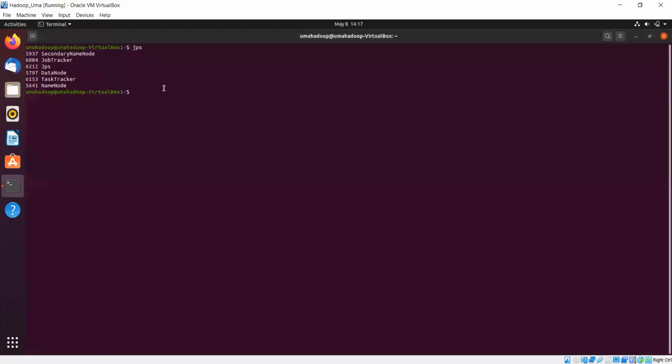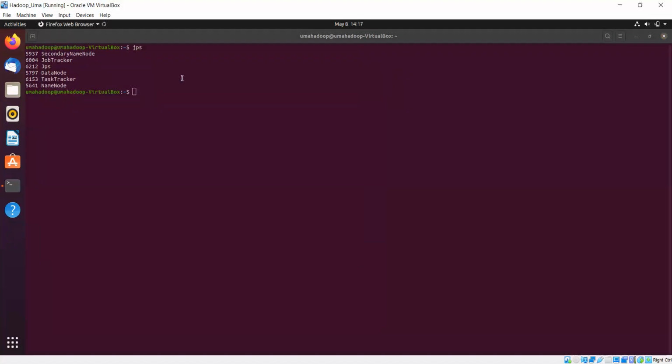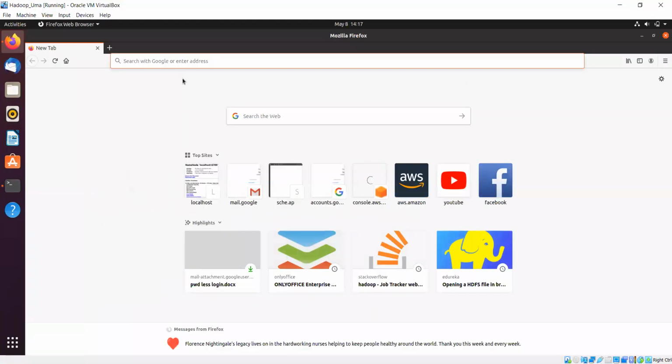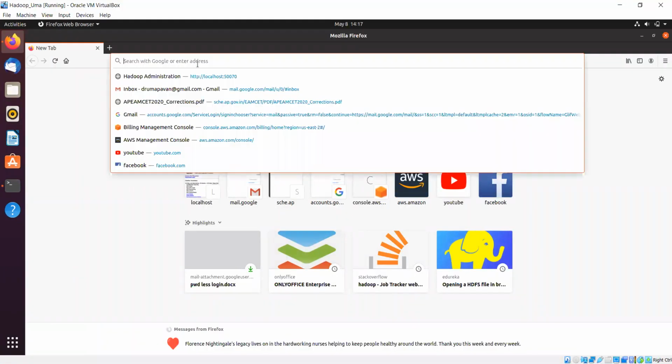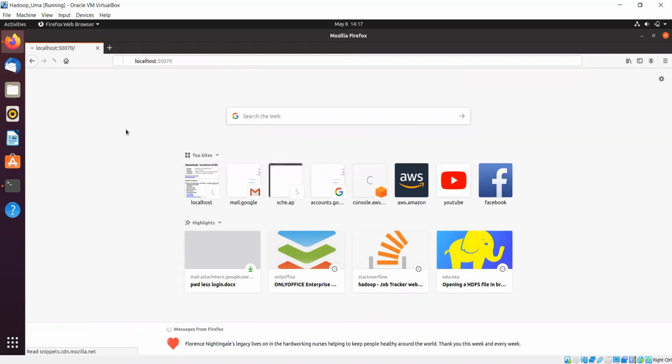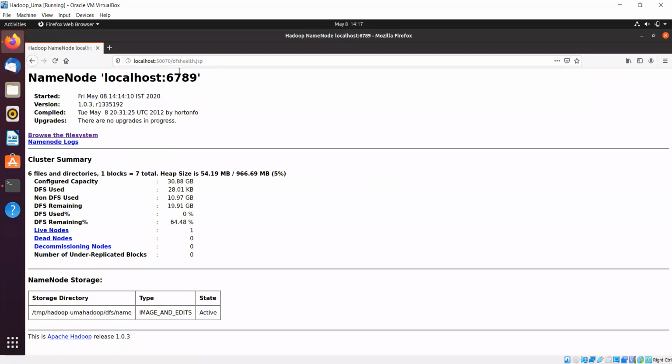But before that, within the browser you can also observe the information about Hadoop, the name node, and logs information. While running map reduce, I am typing localhost:50070.